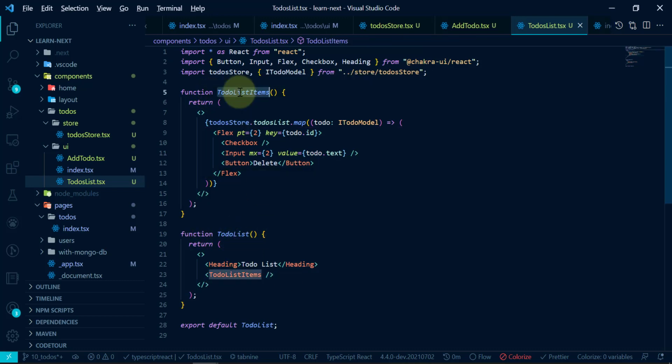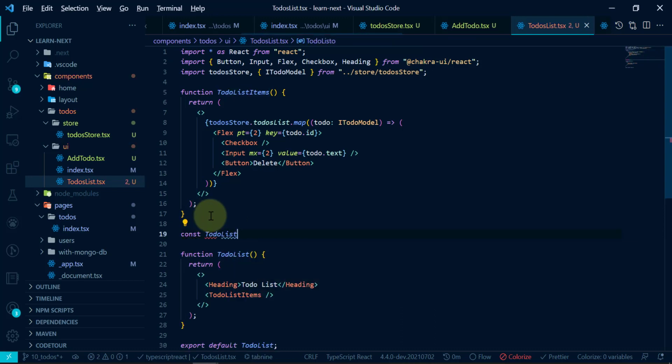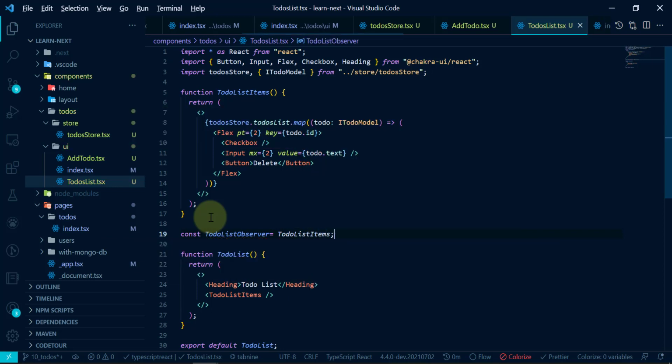So now we need to make this observable. One way is to wrap our function TodoListItem with observer directly where we declare our function. The other way is like this: we make another variable, const TodoListObserver, and here we wrap this with our observer.